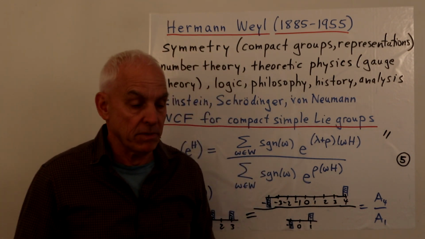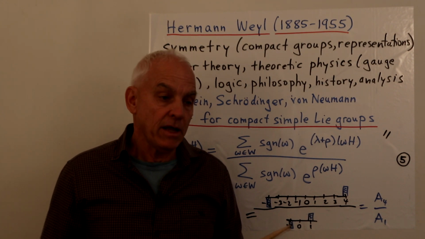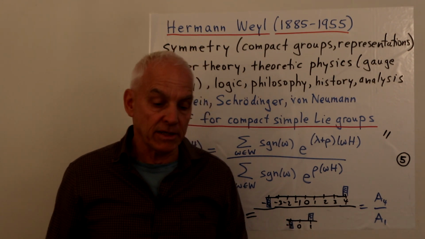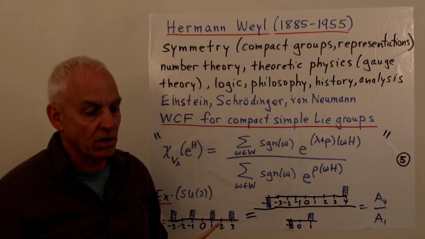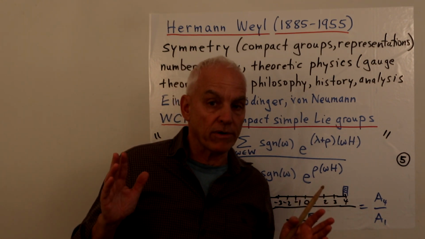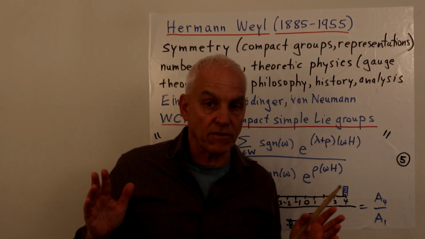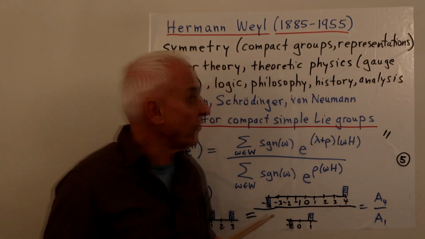who's a German mathematician who ended up spending quite a bit of time in Zurich, where he actually became friends with Einstein, and also ended up in Princeton at the Institute for Advanced Study there. And he's a very influential mathematician in the 20th century. In my view, he is the most important mathematician of the 20th century in pure mathematics. So I have no hesitation in saying that.